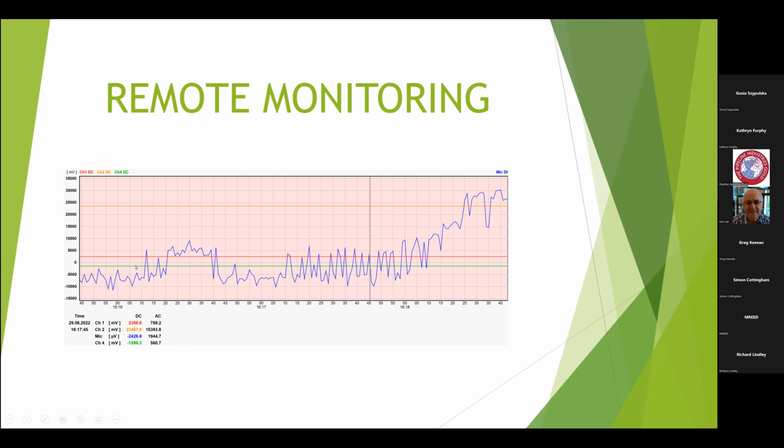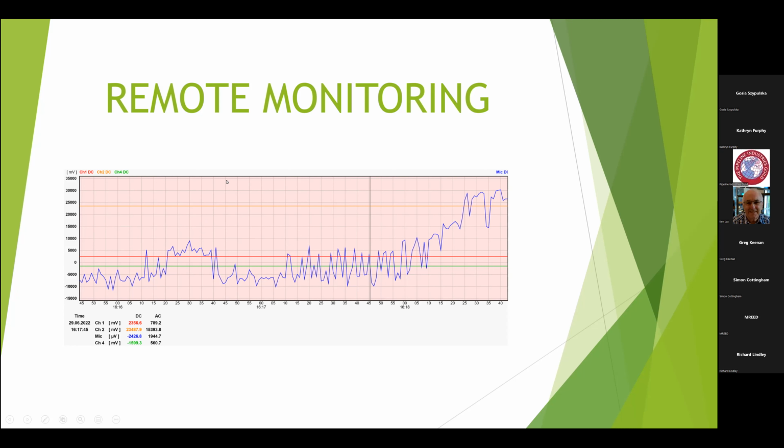This blue line here is the current output from the unit. You can see it's varying like fury. And the reason it's doing that is because this system suffers from electrical interference. And what we want is to maintain that red line there stable. So that red line is maintained in that stable state by the movement of these current outputs. So it's a kind of an automatic feedback system, and it means that you can rest assured that